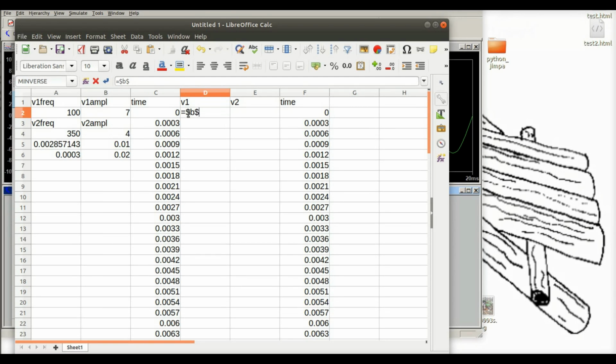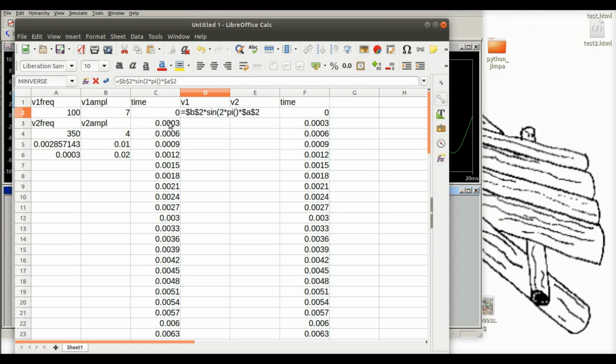times sine, open parentheses, 2 times pi, with pi typed as open-close parentheses, that's how it's done in most spreadsheets, times frequency. I'm going to pull from A2, again I need the absolute reference, so $A$2